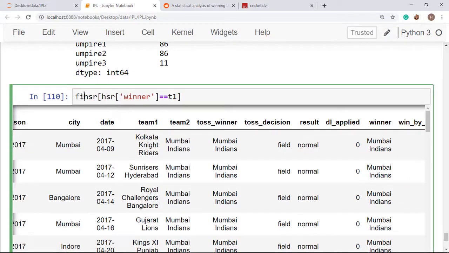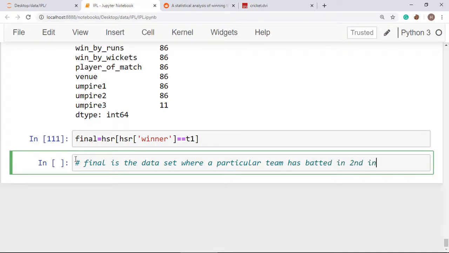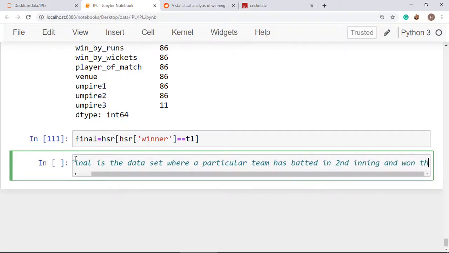So store it as final, and this one is our data set, and we can call it like final is the data set where a particular team has batted in second inning and won the match. All right.